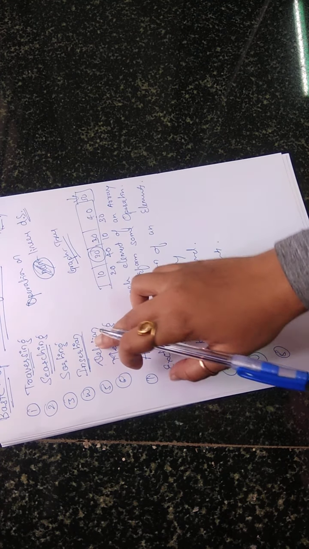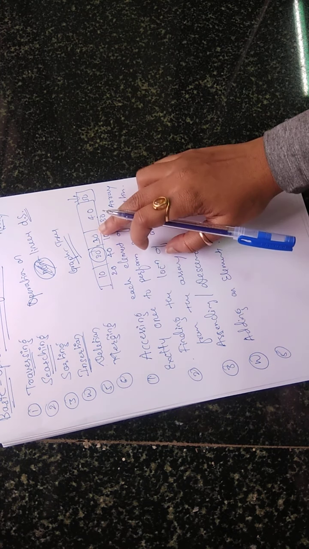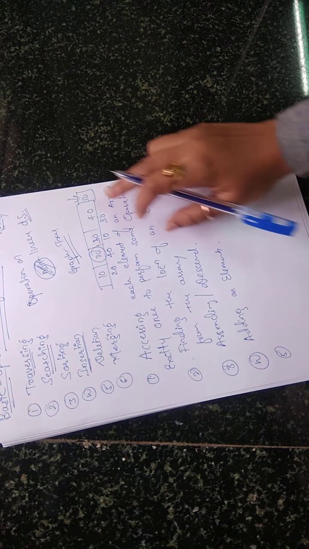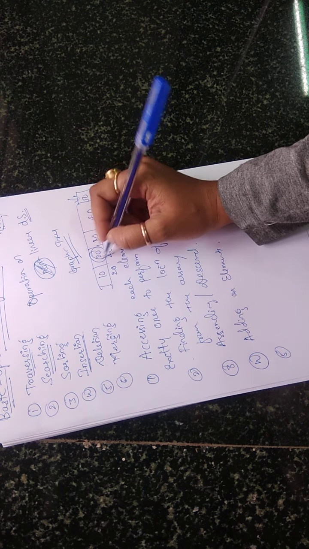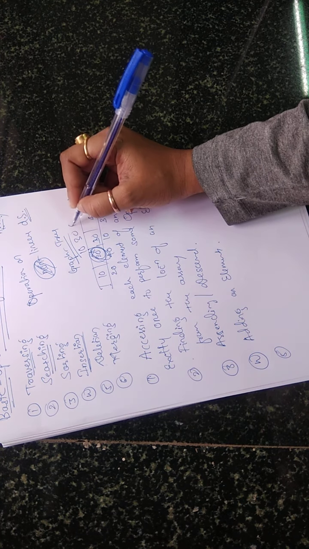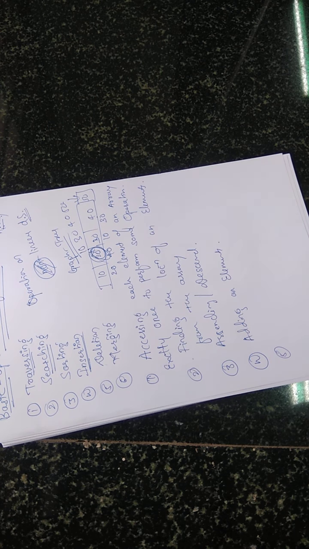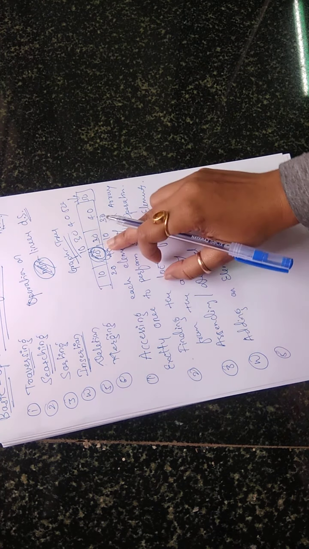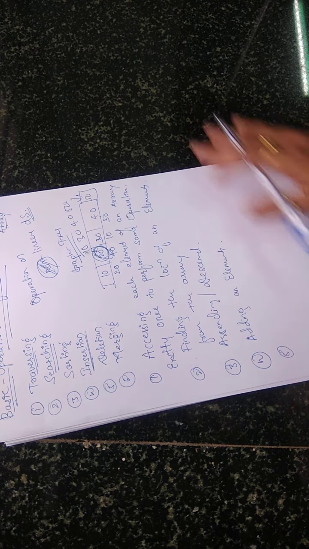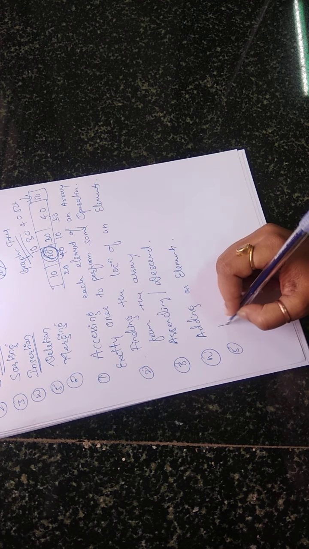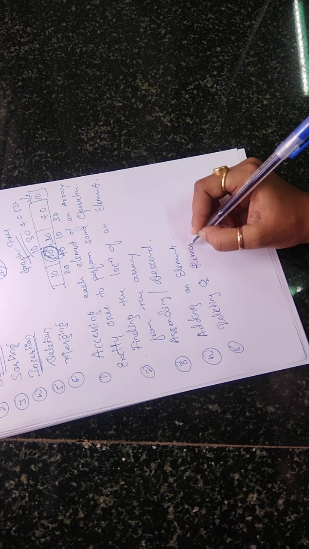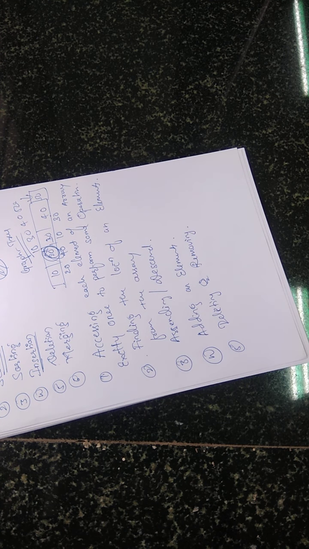Next, the fifth one is deletion. Deletion means removing an element from your array. For example, 10, 20, 30, 40, 50. These 5 elements are there in your array. Now I want to delete this 20, so I'll remove this 20. What elements are remaining? 10, 30, 40 and 50. 4 elements will be there in your array. So deleting or removing the elements from your array is called deletion.